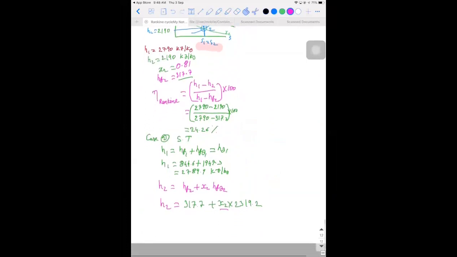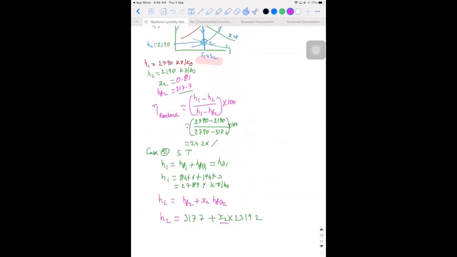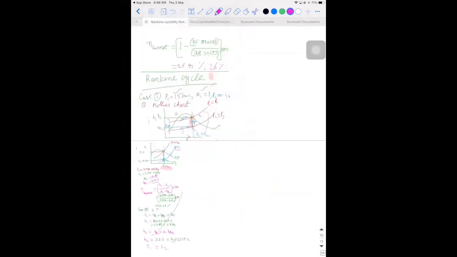So to get X2, use the logic S1 is equal to S2. This is the logic you have to use. So once again, I'm going to have,